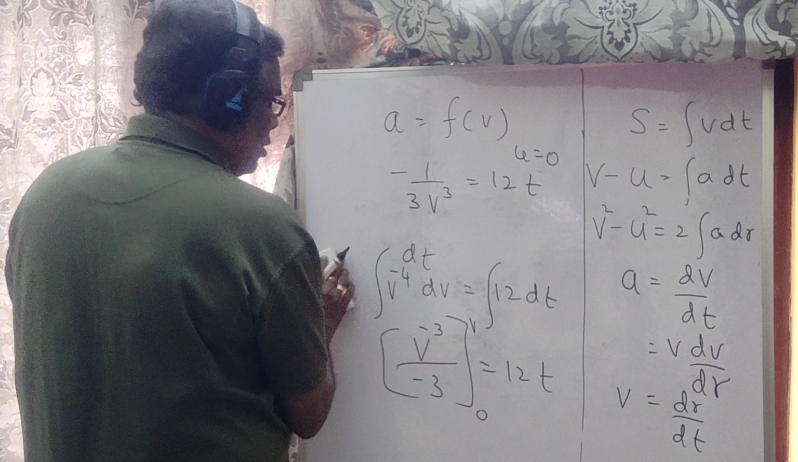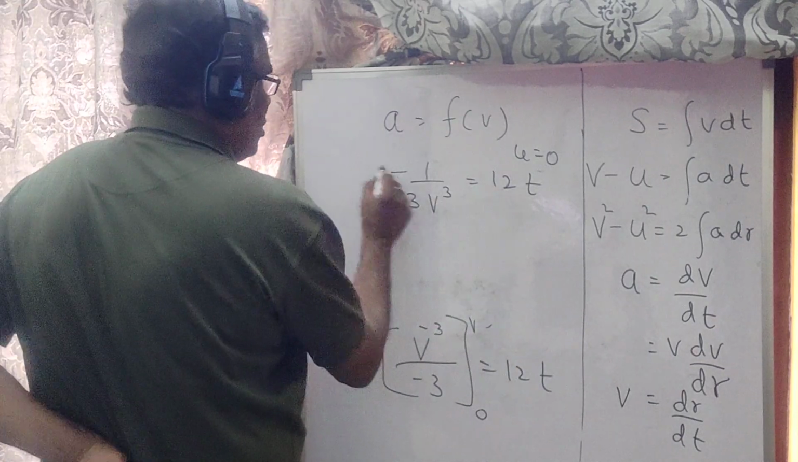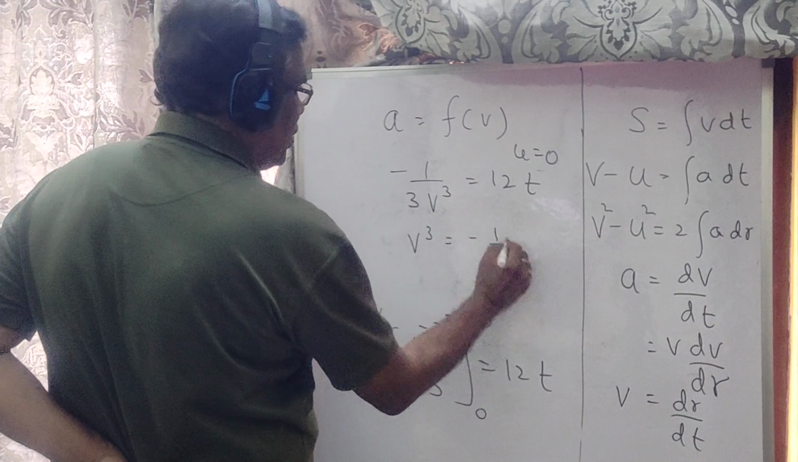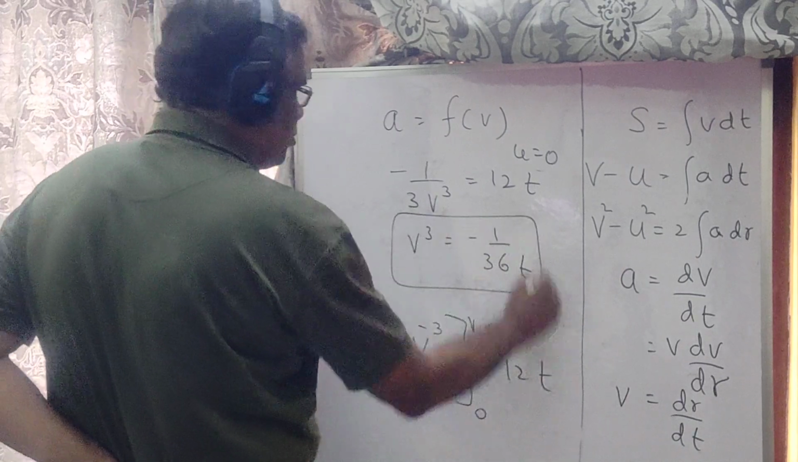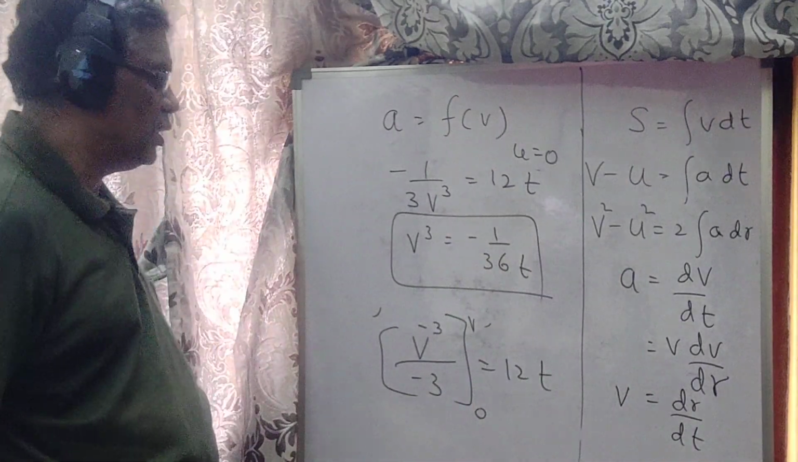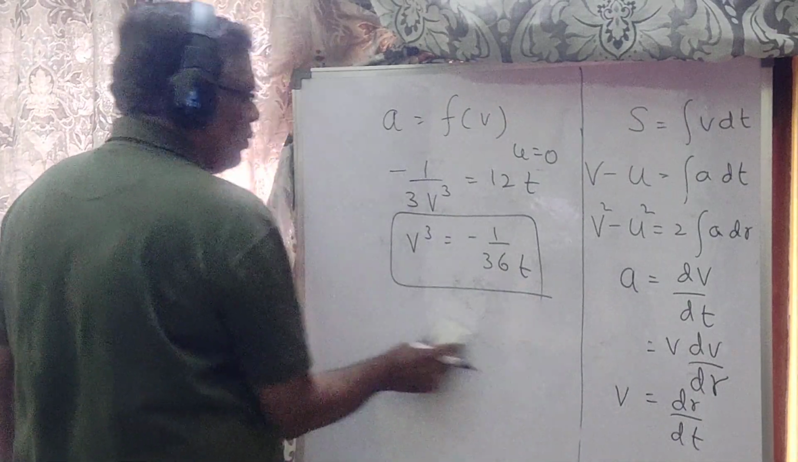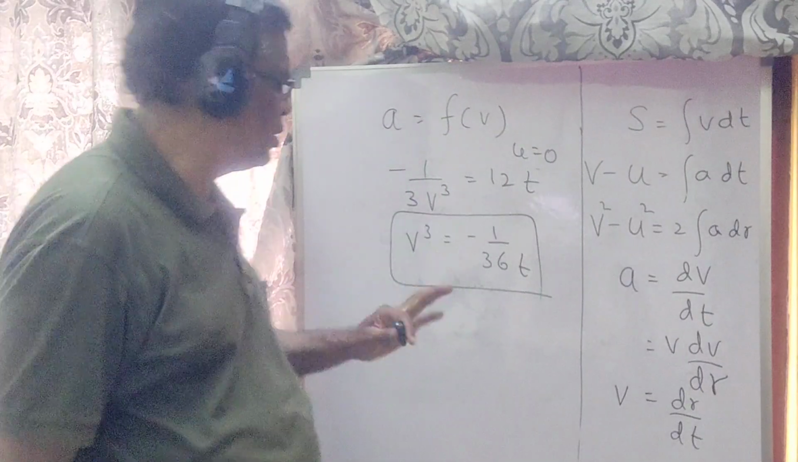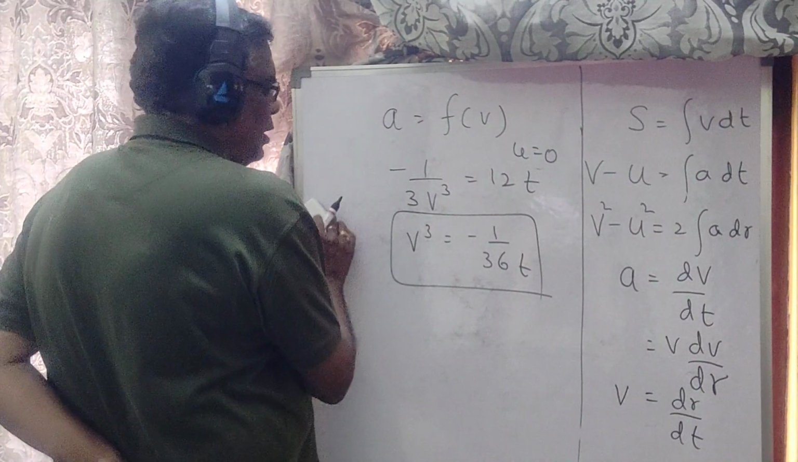Or v cube is equal to minus 1 by 36t. This is how you have to get v as a function of time. They can give not this v raised to 4, but any number of functions. This is the only methodology that you have. Alright? Now,